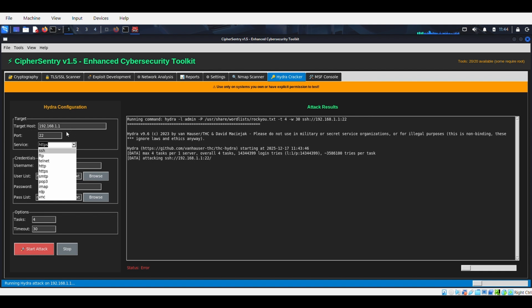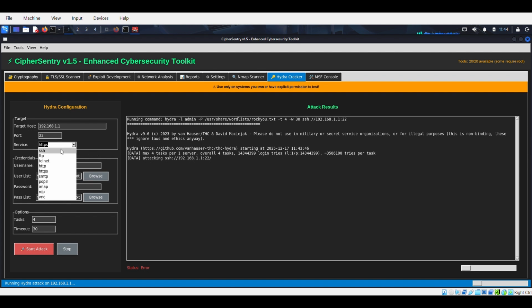But we're going with SSH, so I'll just leave SSH here. Now, credentials. Remember, here we are trying to crack a password, right? Meaning we need to enumerate names and we need to use a password file to crack. Just like the last tutorials I dropped where we were attacking a bank, this is the same procedure, but the